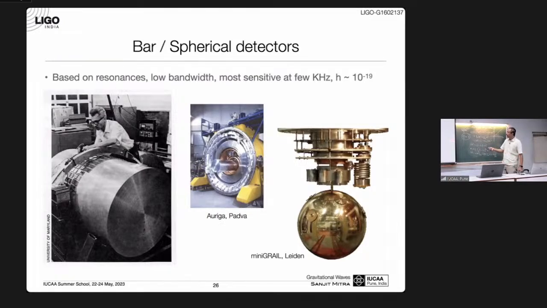So there will be standing waves created when gravitational waves are passing through. And if the resonance frequency of the bar matches the gravitational wave frequency, then it will basically start ringing, start oscillating. If you could measure these vibrations through very sensitive sensors, such that the sensors themselves don't perturb the system, because when you are sensing something, you have done these experiments, like thought experiments,